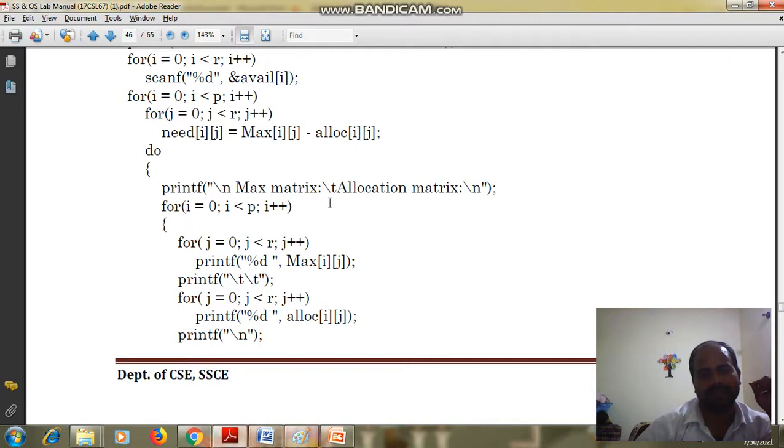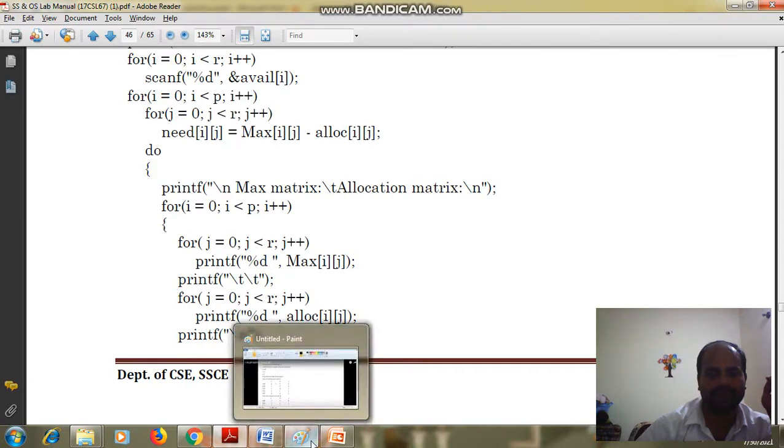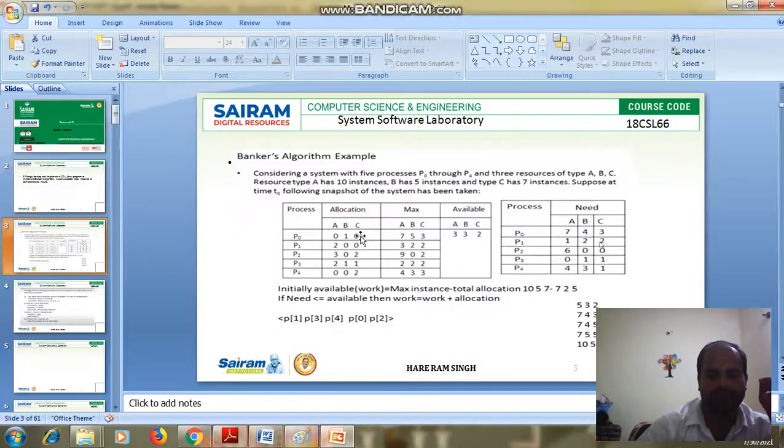So in this one, the maximum matrix and allocation matrix will be displayed. For i = 0; i < p; i++, j = 0; j < r; j++, we will display the maximum matrix, which is this maximum matrix.